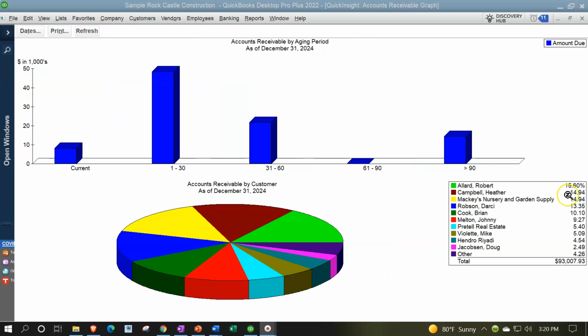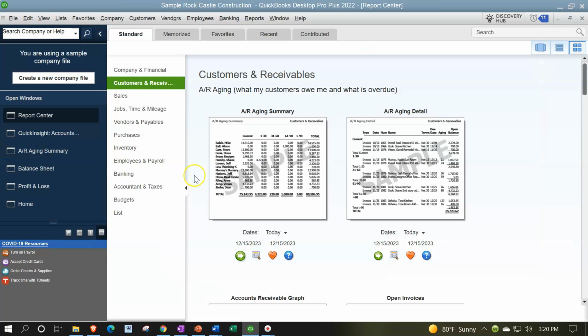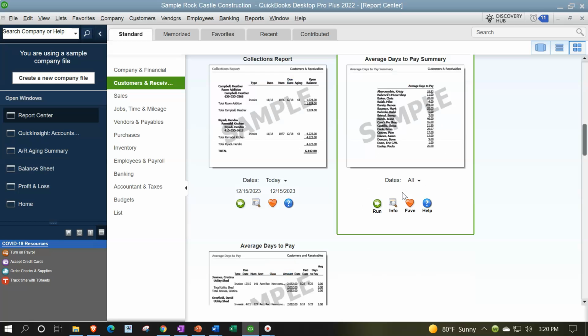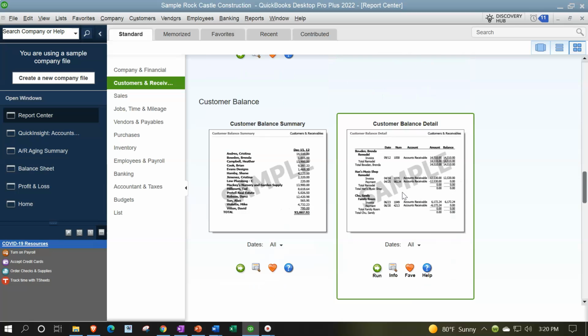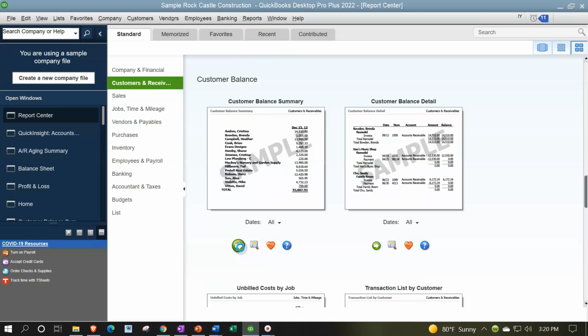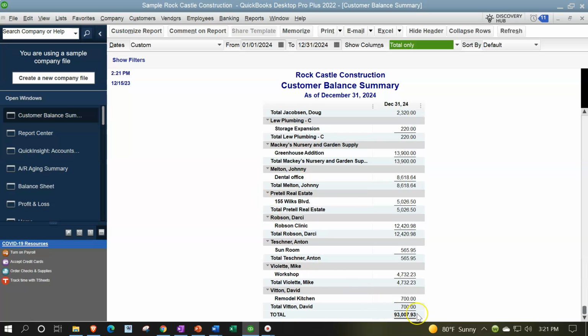And let's just consider these percentages on the right-hand side. If we get an idea of that, let's go back to our report center. And this time, let's just look at the accounts receivable by customer down here, just a customer balance summary report, running that report. And we could say, okay, let's change that one, customer balance summary from 01/01/24 to 12/31/24. We're just looking as of that point in time at the end of 12/31/24, adding up to that